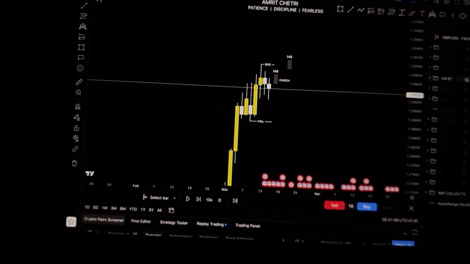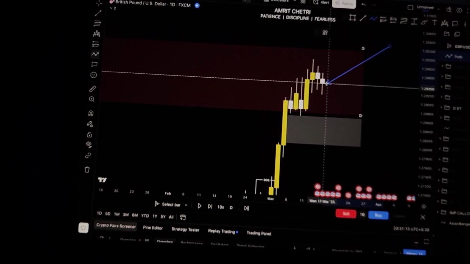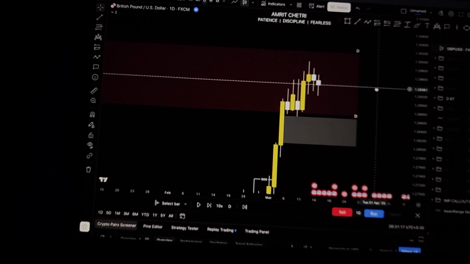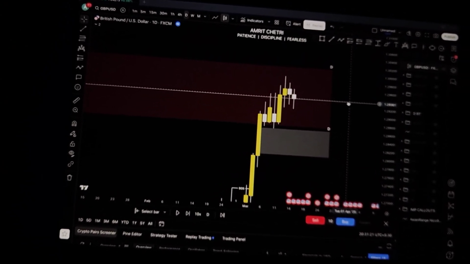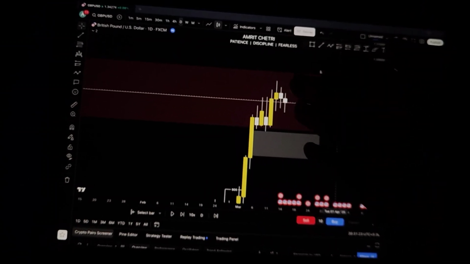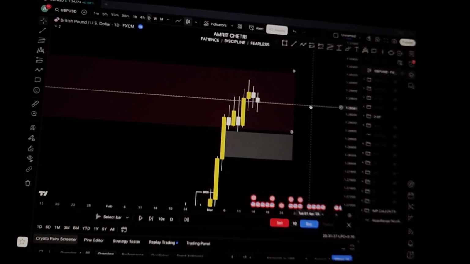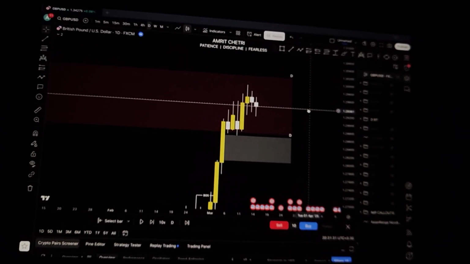Now on Monday I didn't trade it. I didn't trade on Monday because my weekly bias is not clear, there was very low volatility, and also on the daily time frame the volatility is very low. So waiting for Monday to close, according to me, will be the best option, because whenever the weekly bias is not clear and the daily bias is not clear, you want to wait, bro. Whenever the weekly and the daily bias are not clear, you want to wait. Trust me, you want to wait.